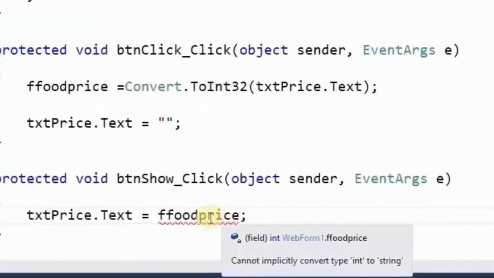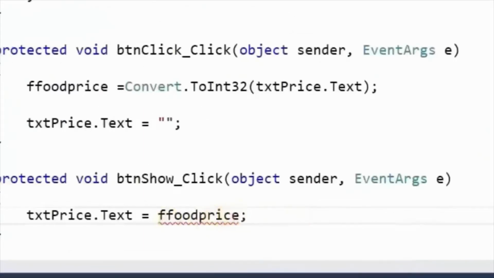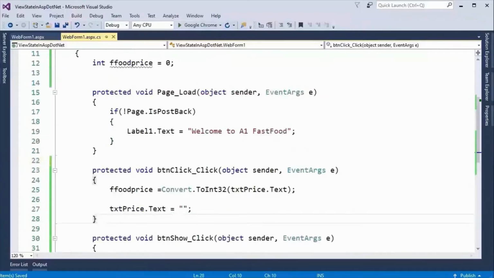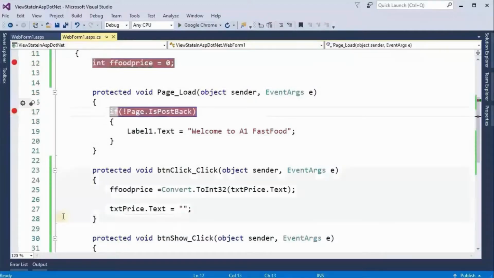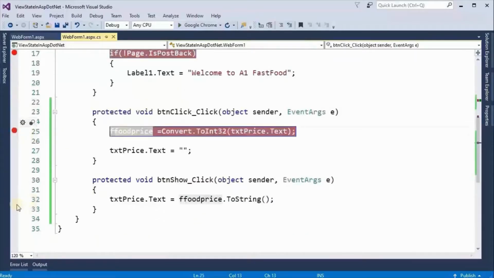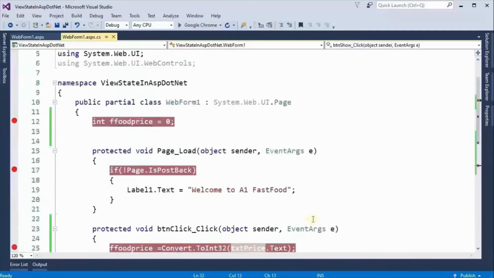Cannot implicitly convert type into string. To string. And now if we see